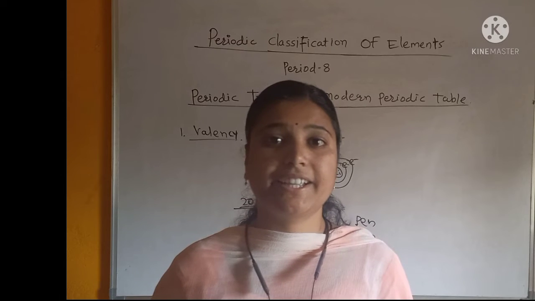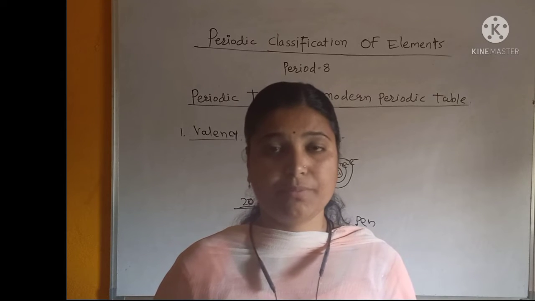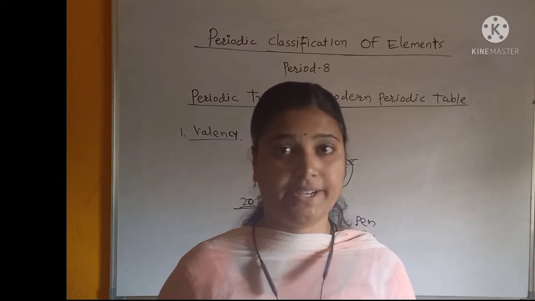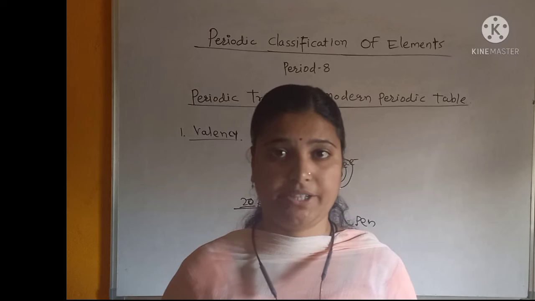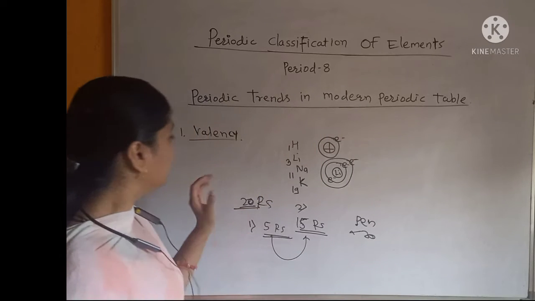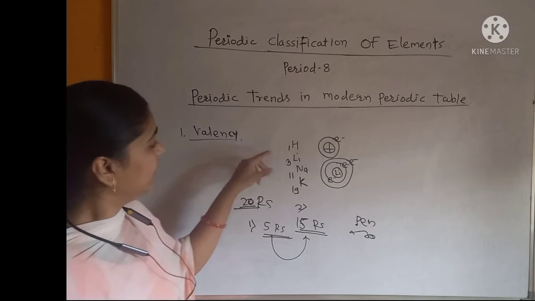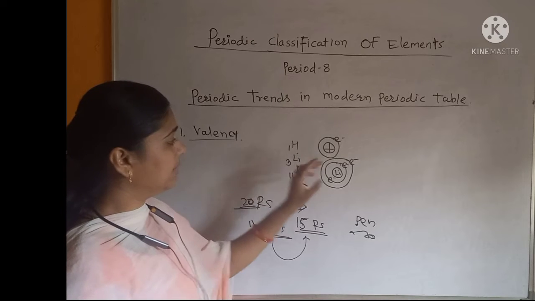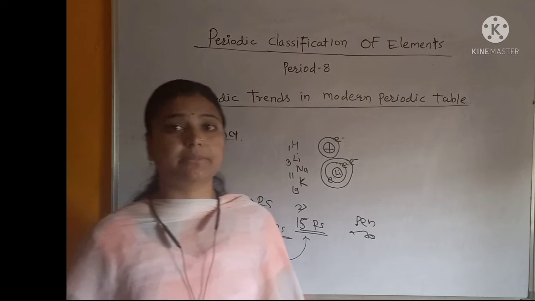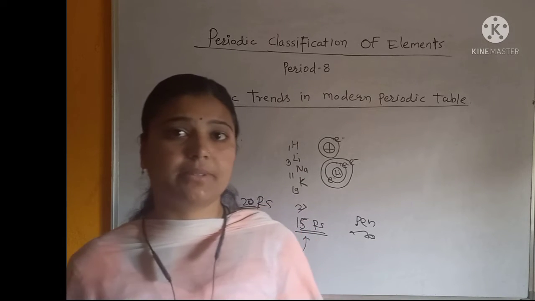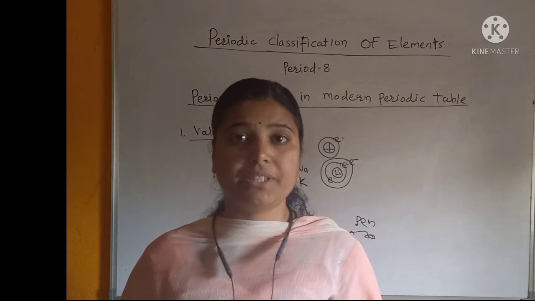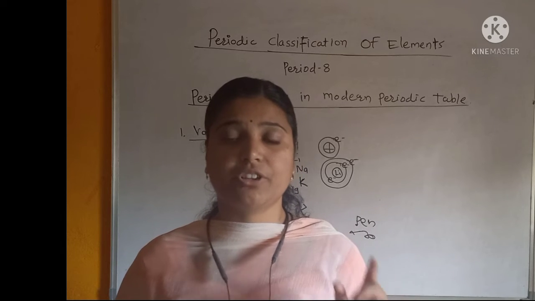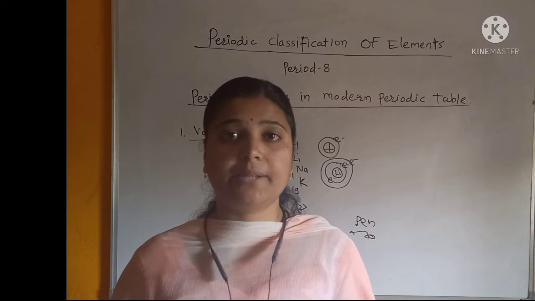Hence, it basically takes the 5 rupees from his friend. It is very basic. Just like this example, lithium also donates its electron and its valency becomes 1. So when we see the electronic configuration of elements along the group,